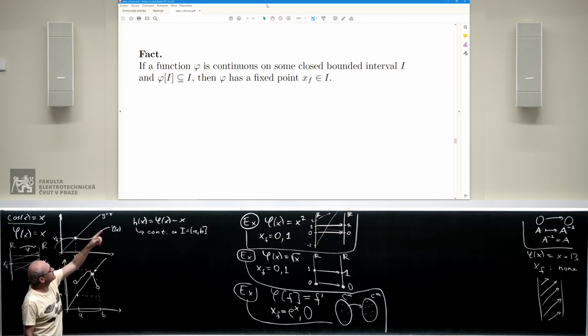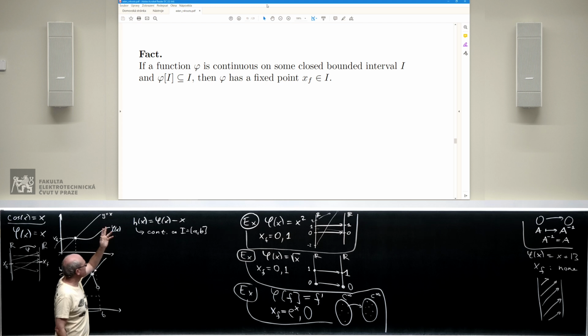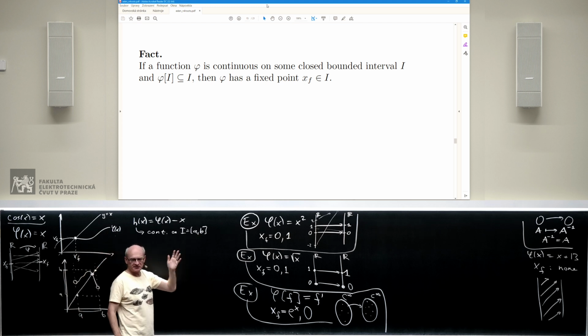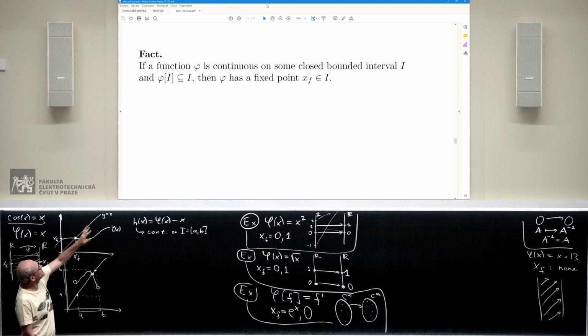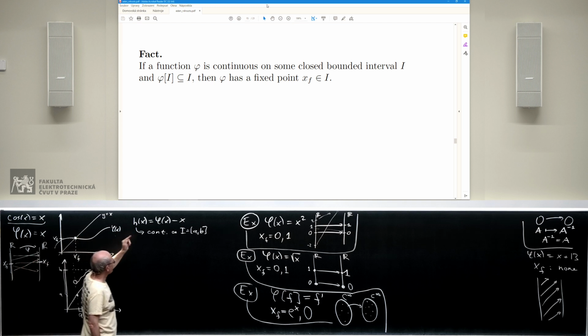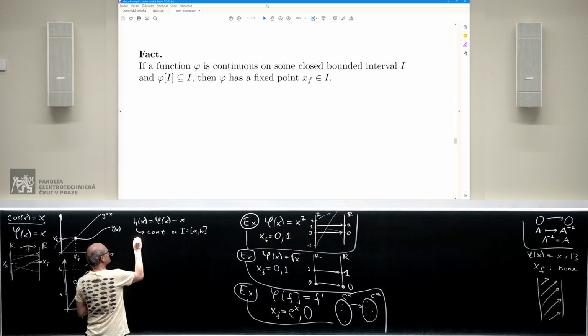It's a bounded interval and it's closed, and because it's bounded, a and b are numbers, not infinities. Okay? So everything works as in the theorem. And now, let's see. Because the range of this function phi is again the interval AB, it follows that phi